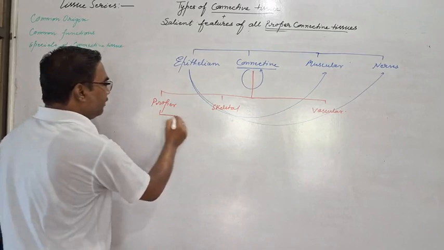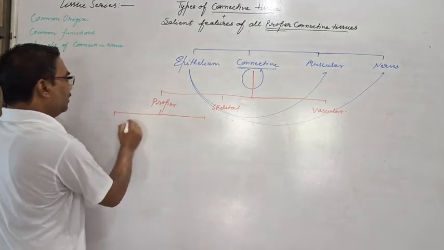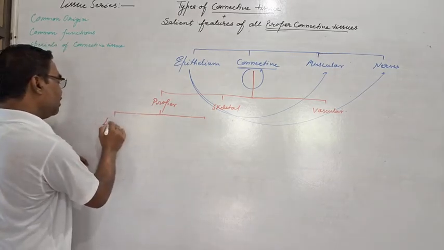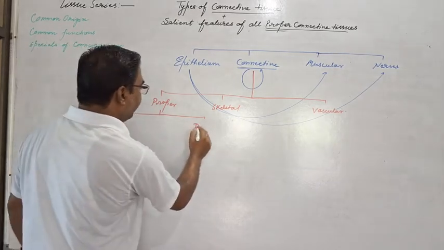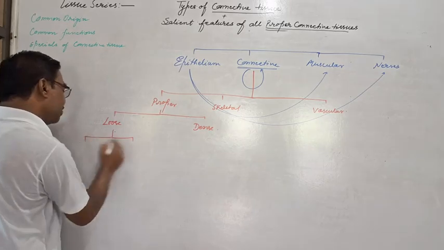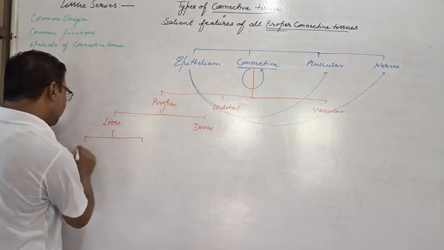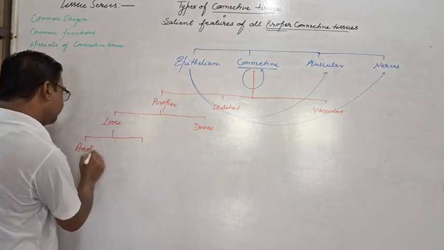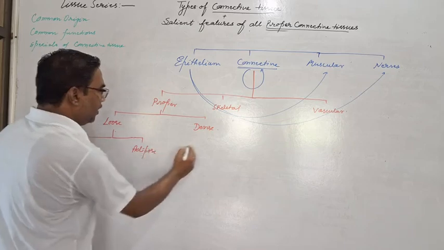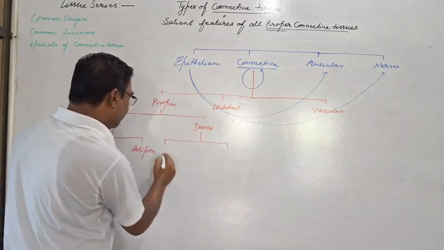Proper connective tissue has two types, loose and dense. Loose is again classified into two, that is areolar and adipose. Dense is again into